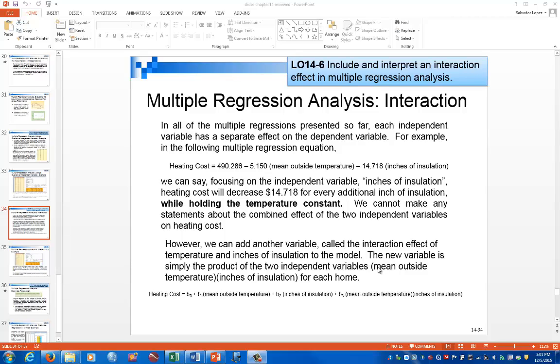In section 6 of chapter 14, we introduce the concept of interaction. In all of the multiple regressions presented so far, each independent variable has a separate effect on the dependent variable. For example, in the following multiple regression equation, heating cost equals 490 minus 5.1 mean outside temperature minus 14.7 inches of insulation. We can say, focusing on the independent variable inches of insulation, for example, that heating cost will decrease